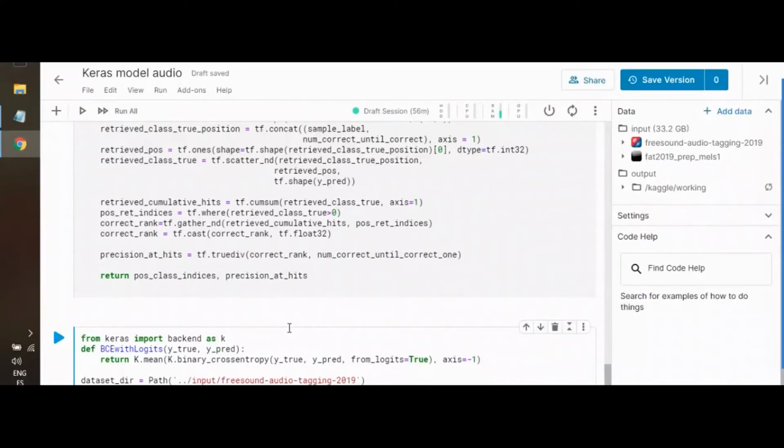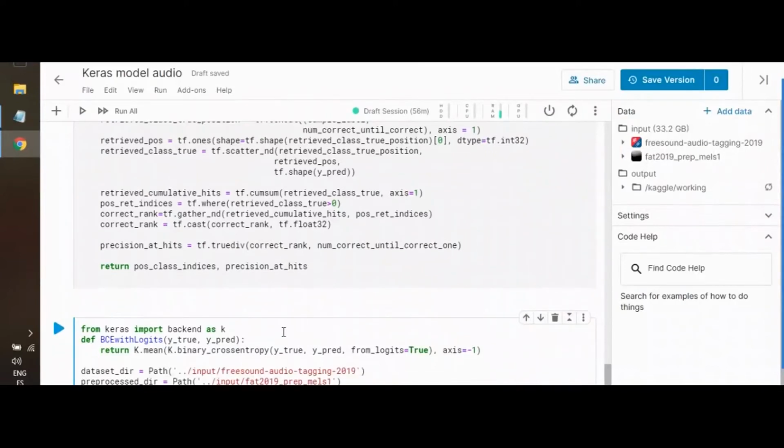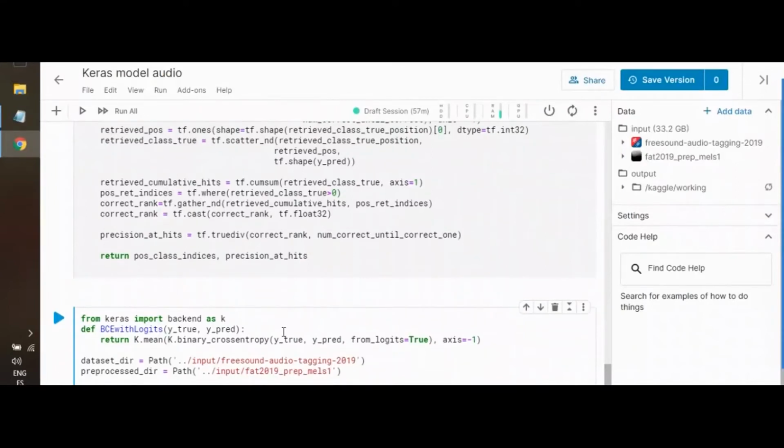And where is each of the files? We want to also train the model in noisy audio files. And to save our results,